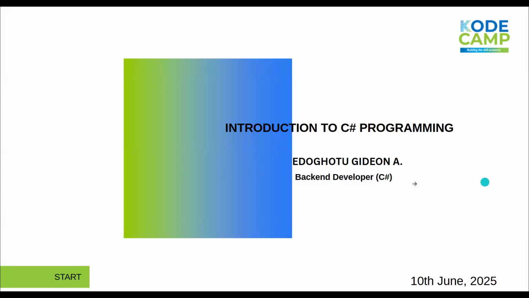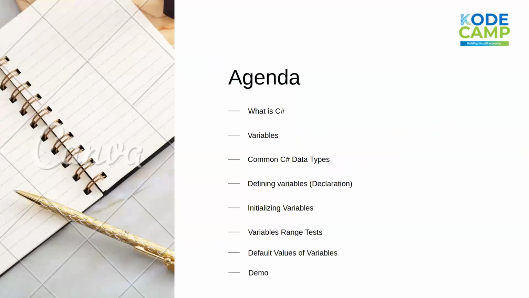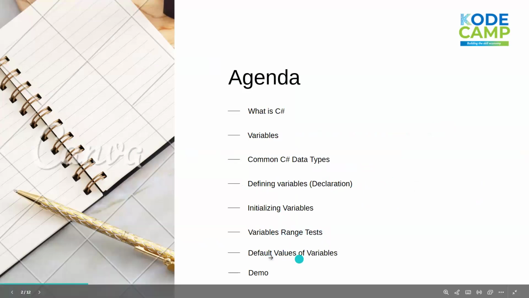So, our agenda for today will be looking into what C Sharp is all about. Then we'll look into variables, common C Sharp data types, defining variables, initializing variables, variable range tests, default values, and